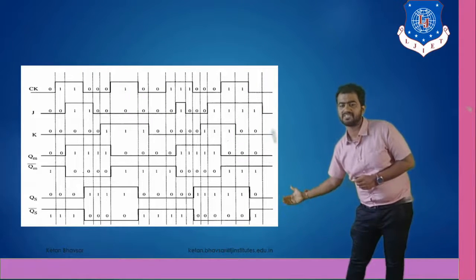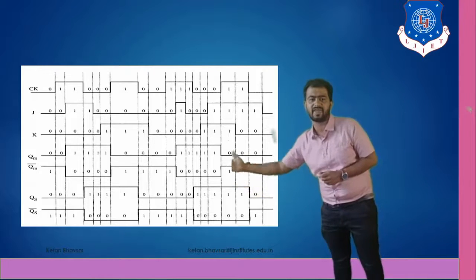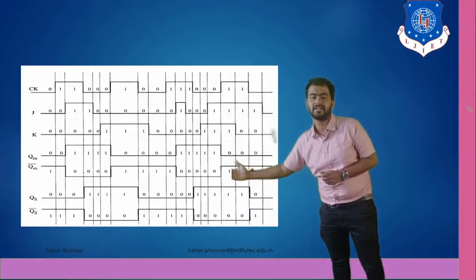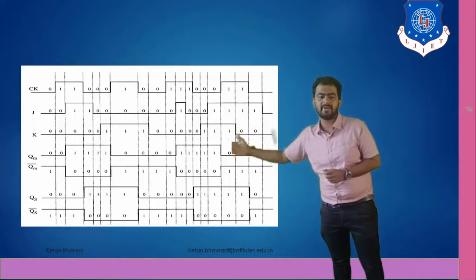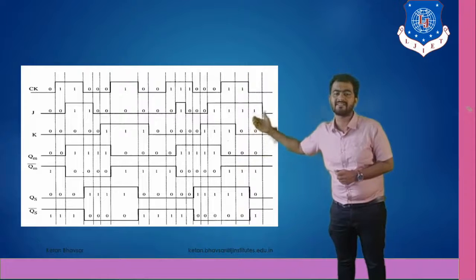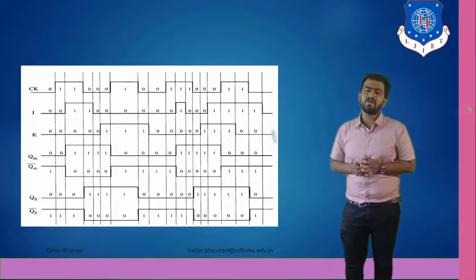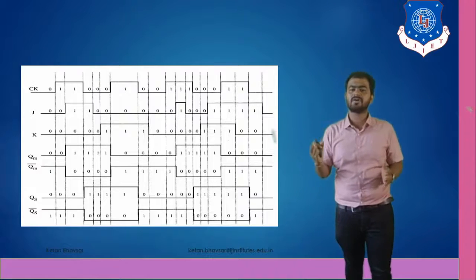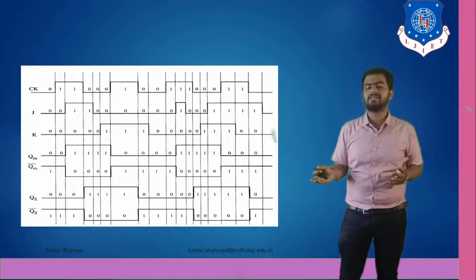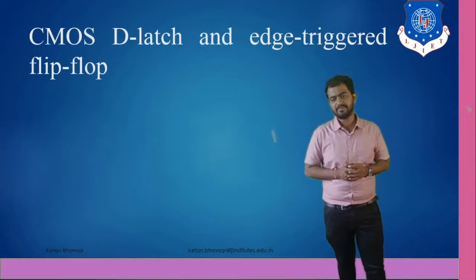So these two waveforms represent the slave. In terms of the slave, you can see it is in high state when your clock pulse is falling, and QM and Q bar of M are high when your clock is rising. So you can see the variation on both the pulses. Fine. When the master is active, the slave does not work. When the slave works, then the master is inactive. So these are the concepts of master and slave.